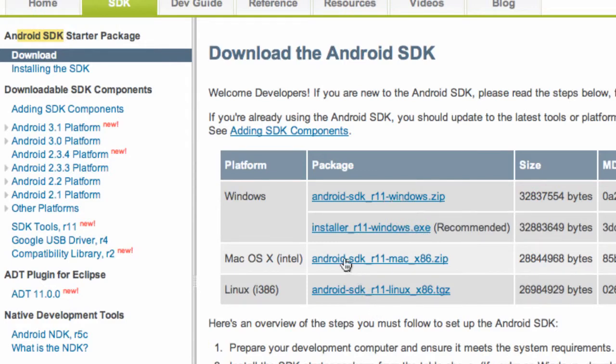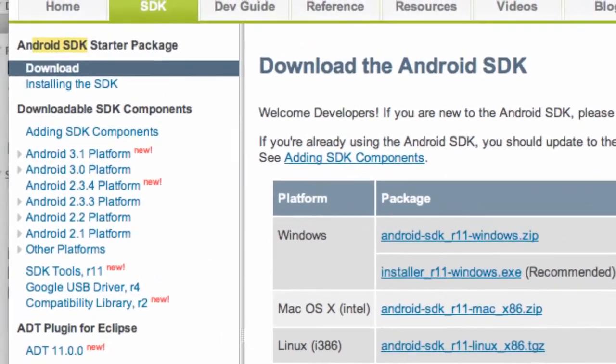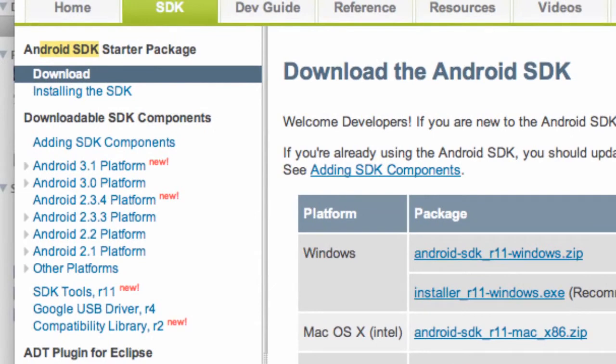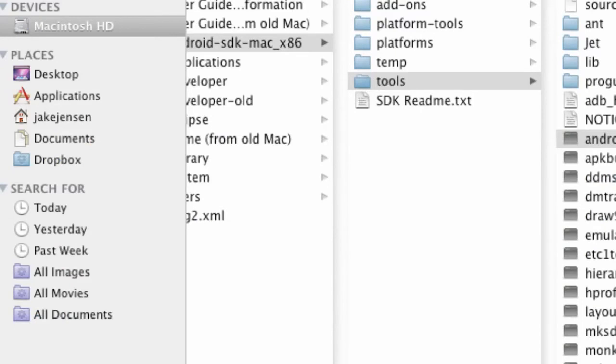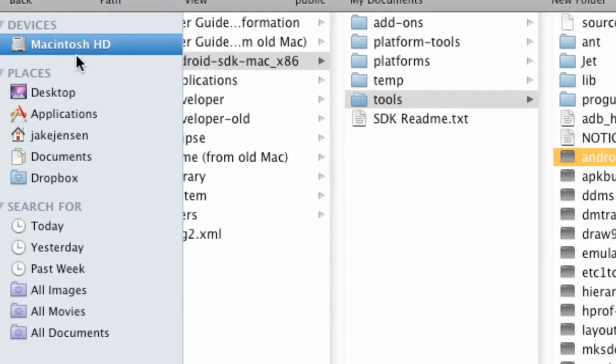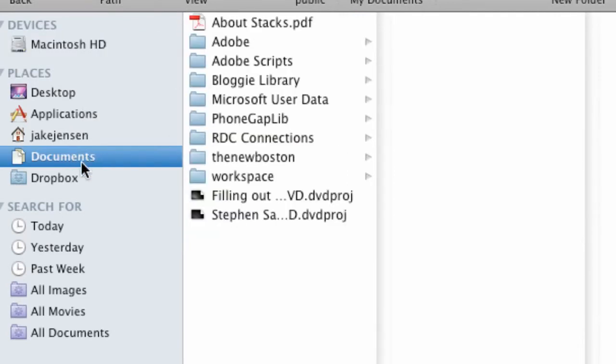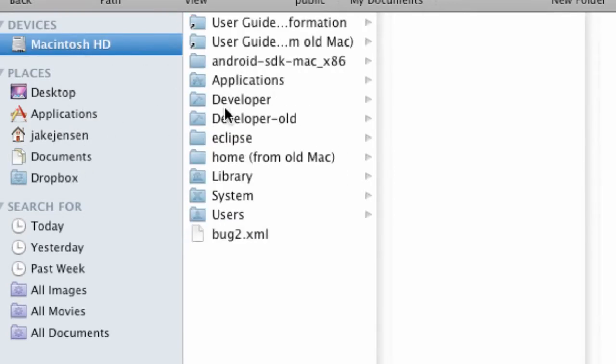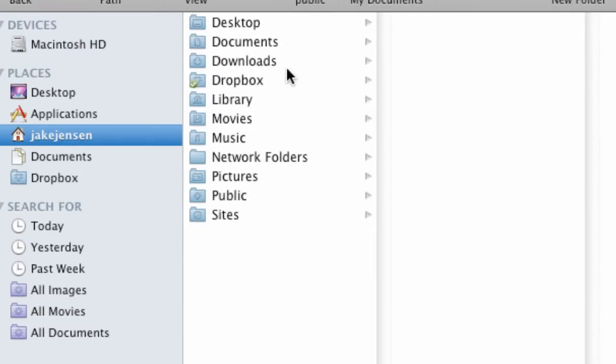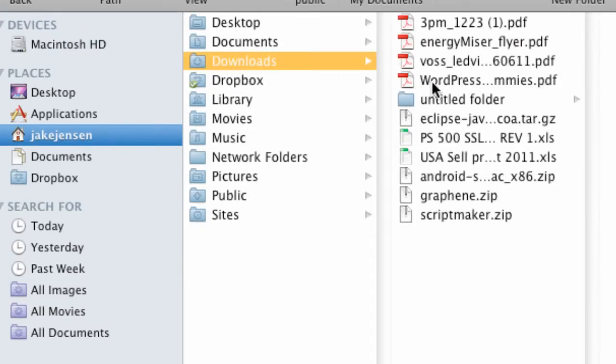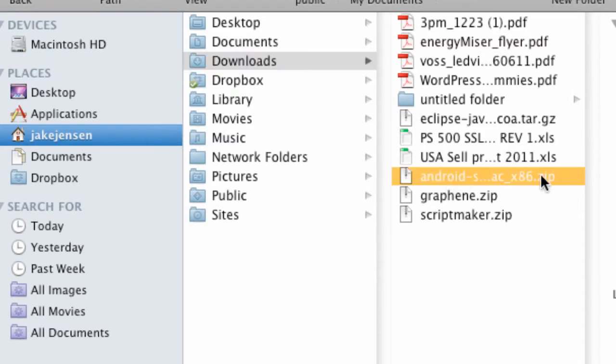Again, for Mac, just click here, and I've already downloaded it. I think it's like 23 megabytes, so it won't take too long, unless you guys are on dial-up. And if you are, I'm sorry. But what we're going to do now is go to the place where I downloaded this. Okay, it's right here within the Downloads tab, and it's a zip file, so you're gonna have to